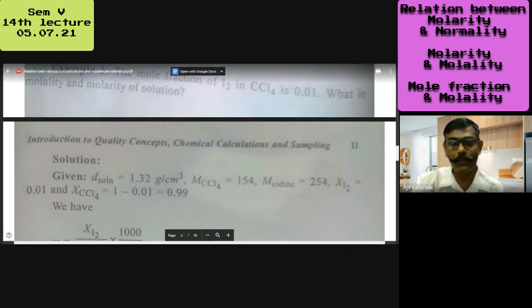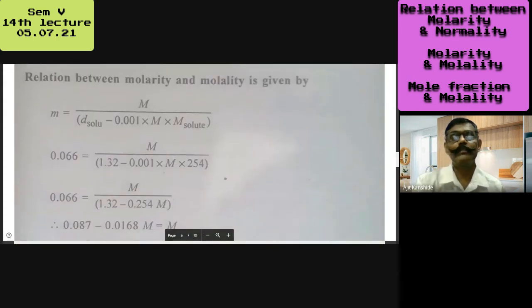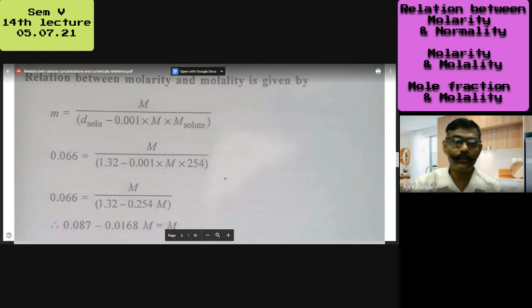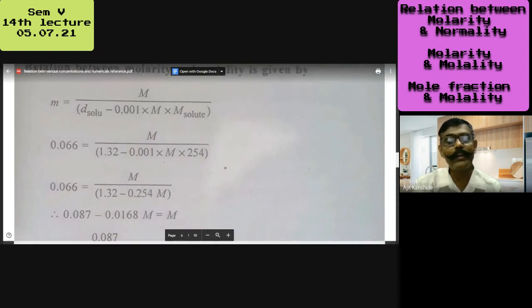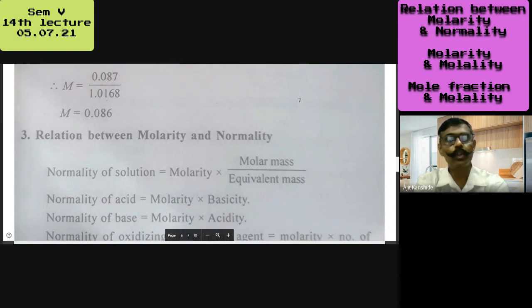With the help of that, you can answer. Here they have given the explanation, and once you know the molality, then the relationship between the molarity and molality is there. You can find out the molarity. Yes, students, you work on these numericals. I hope you will solve those numericals. The concept will be clear to you.